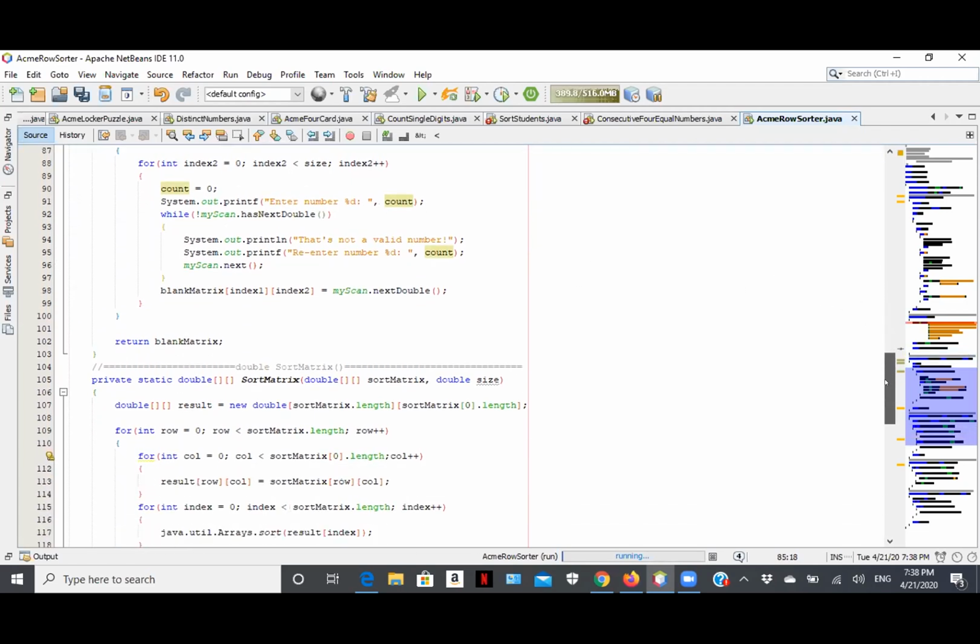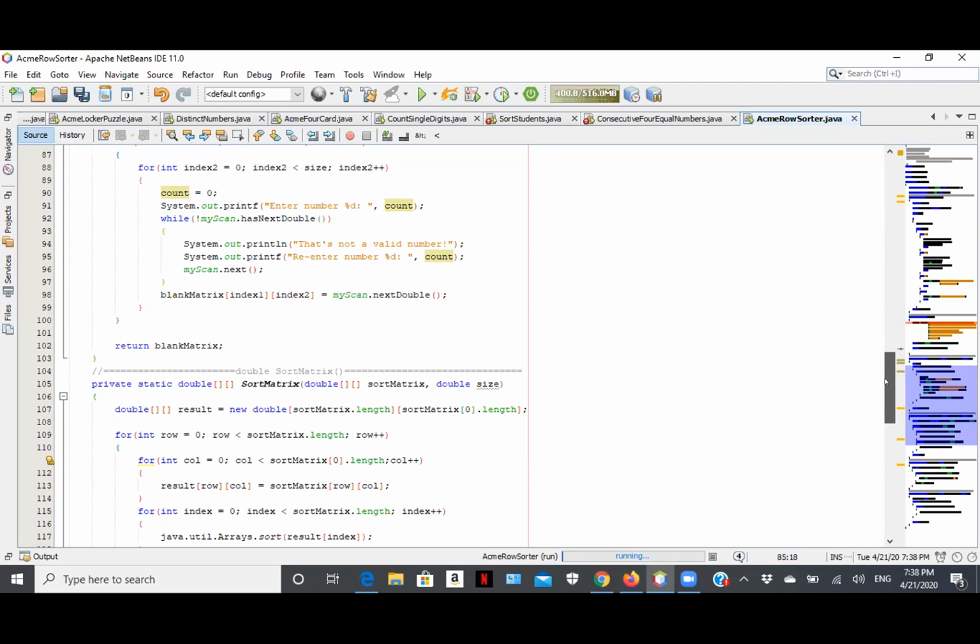Right underneath your first for loop. See all the counts that are lit up? Up one more. Get rid of that equals 0